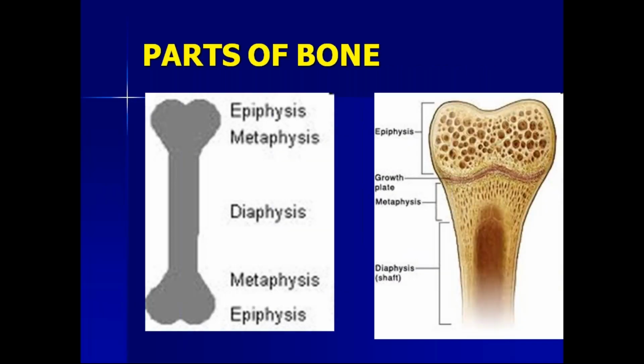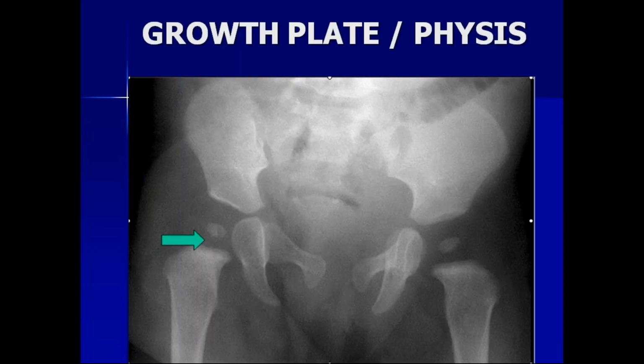You all know the parts of the bone: epiphysis, metaphysis, and diaphysis. The middle long segment is called the diaphysis. The ends of the bone are called epiphysis. Metaphysis is the area in between, where the growth plate is present. There you can see a gap between the epiphysis and the upper part of the diaphysis. That gap is the physeal plate or growth plate. It is cartilaginous, so you don't see any whitish structure.